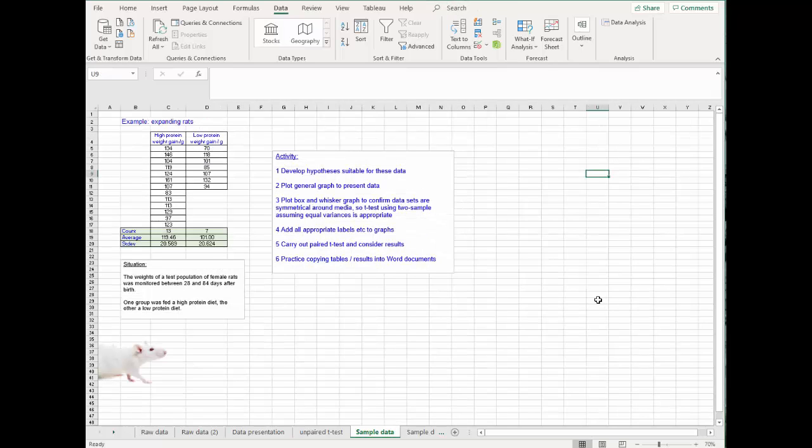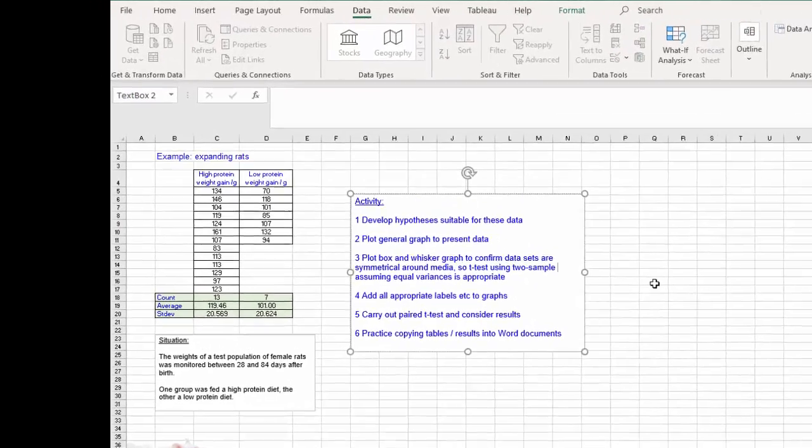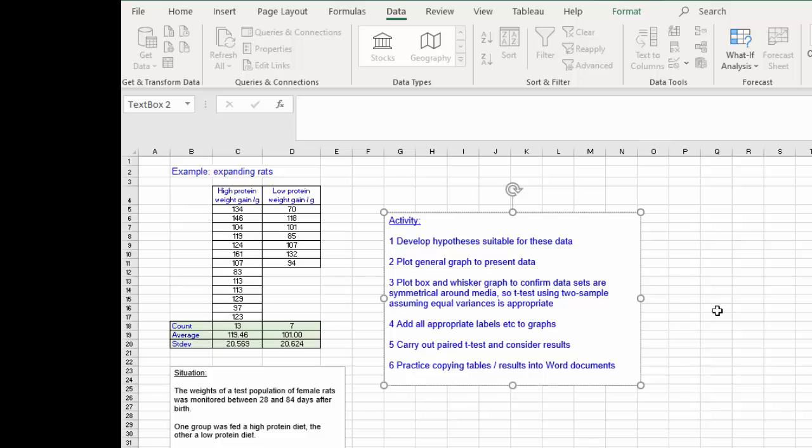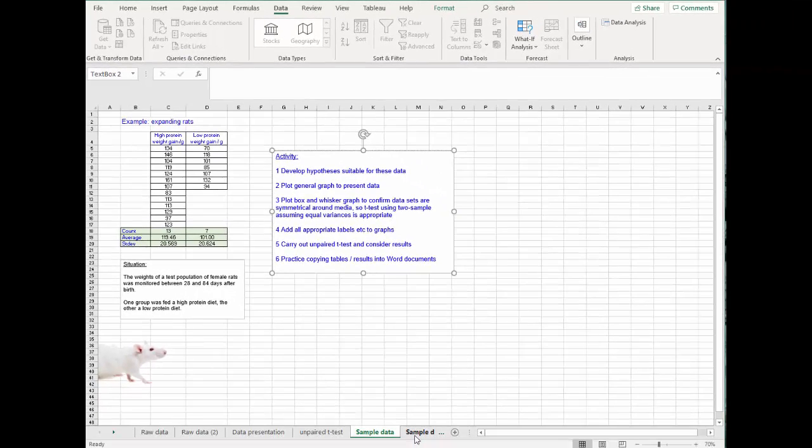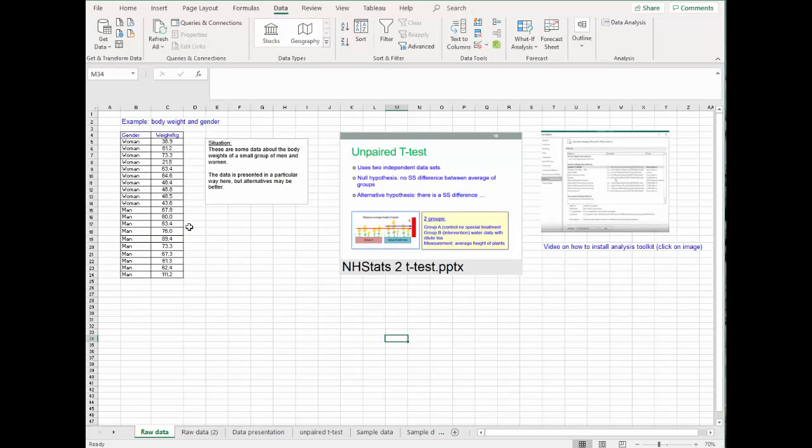Right, okay, so there's some sample data here for you to play with, looking at rats being fed different diets, one high protein, one low protein, and there's some tasks for you to carry out. Develop a suitable hypothesis, plot some graphs, plot a box and whisker plot to look at symmetry, make sure you add all appropriate labels, etc. to graphs, carry out a paired T-test. In this case, that should be an unpaired T-test, so I will correct that, an unpaired T-test, and consider results and practice copying results, etc. into Word documents. And then over here, don't look at it yet, there is a worked example. Okay, so go back to raw data, and that's